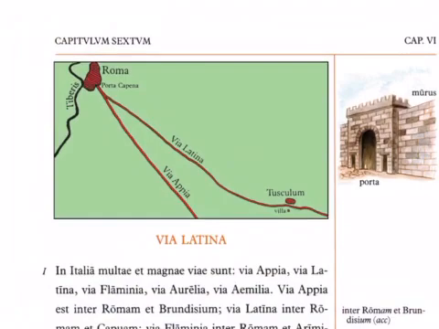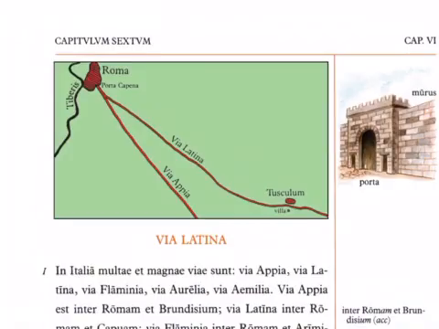Here we can see a little map. We see Roma, Rome, the Porta Capena, the Capena Gate. And the Capena Gate is where the Via Appia, or Appian Way, comes into the city. You can see in the picture the Via Latina, or Latin Way, comes from Tusculum, a town near Rome, all the way to join up with the Via Appia and enter Rome through the Porta Capena. Also in the map we see south of Tusculum a villa. This would be the Villa Julii, the villa of Julius, the father in our story.